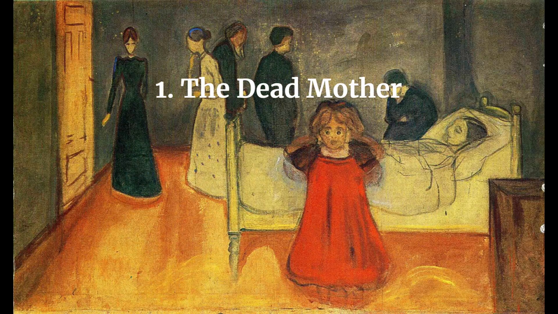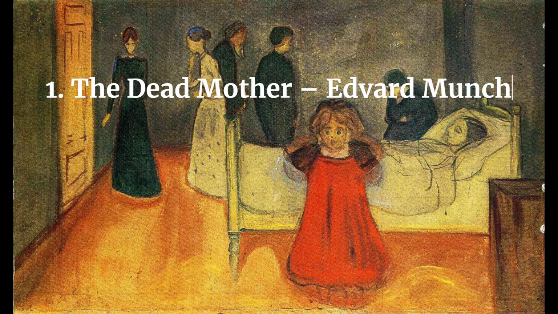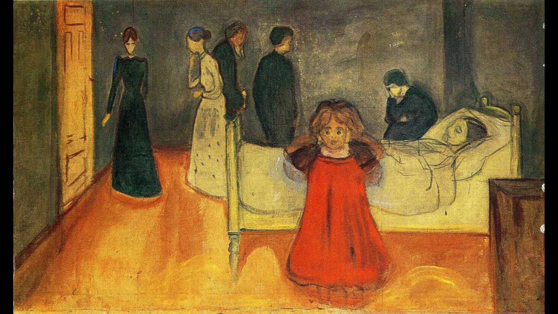1. The Dead Mother, Edvard Munch. This oil painting by Norwegian artist Edvard Munch, created between 1899 and 1900, stands out for its raw portrayal of a child's despair in the face of loss. Here, the death of a mother is shown not just as a family tragedy, but as a destruction of a